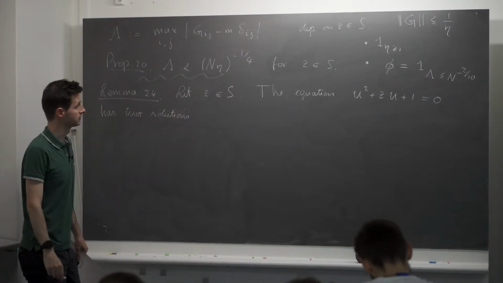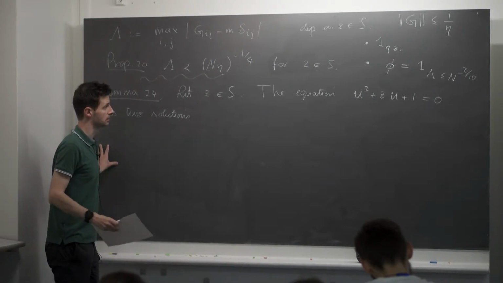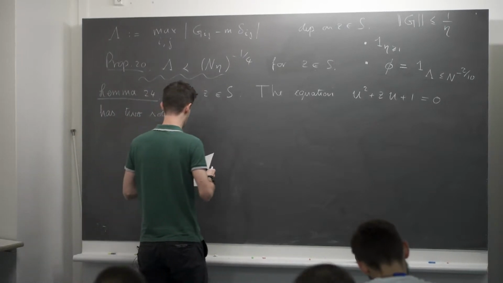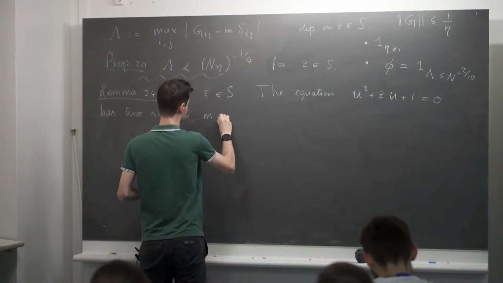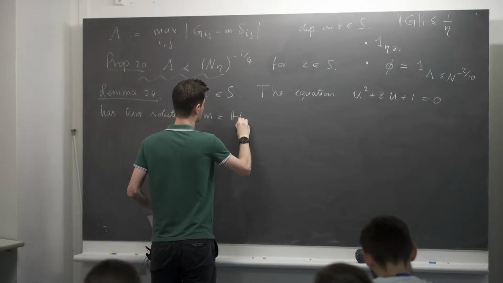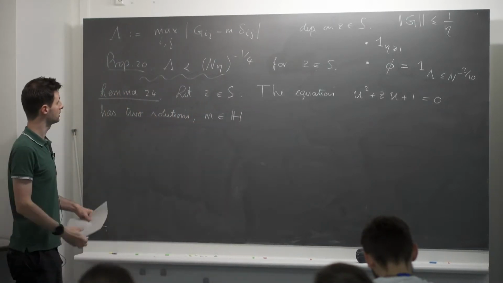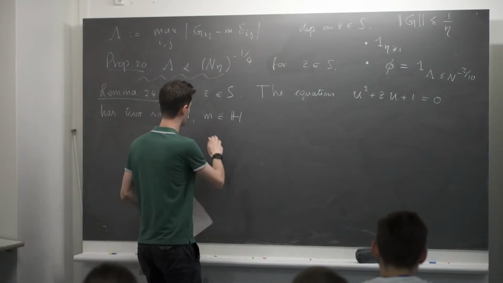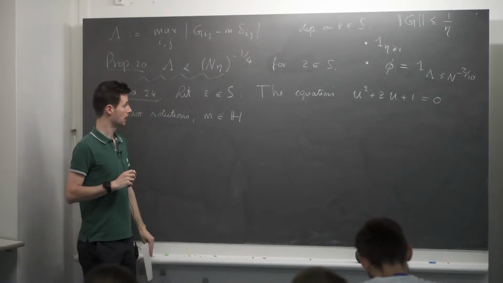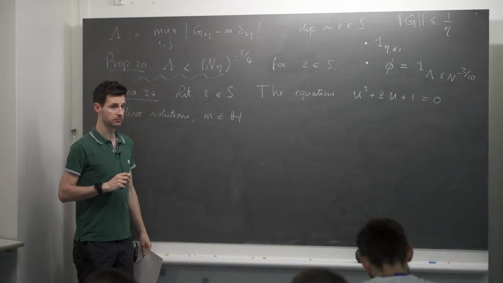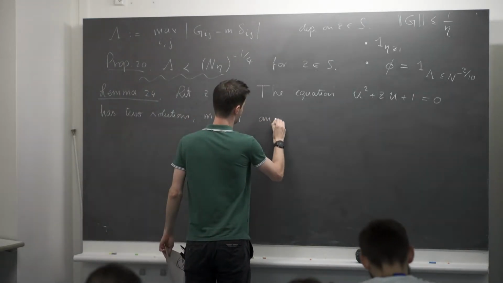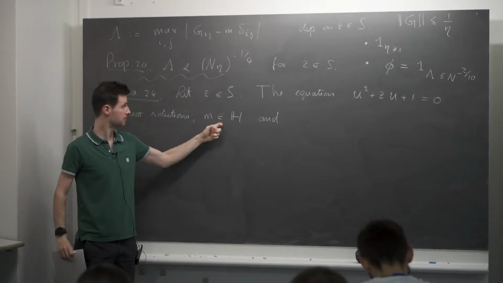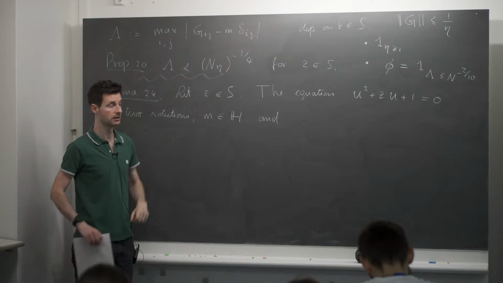Well, generically, if z has some particular values, then it has just one solution, but you can view these two solutions as coinciding in that case. Although if I assume z is in the open upper half plane, as I do here, then it has two distinct solutions. One, which I call m, is in the upper half plane. And we've already seen this, right? This was one of the characterizations of m, so it's the same m. It's the Stieltjes transform of the semicircle law.